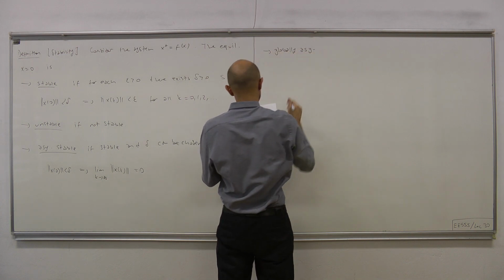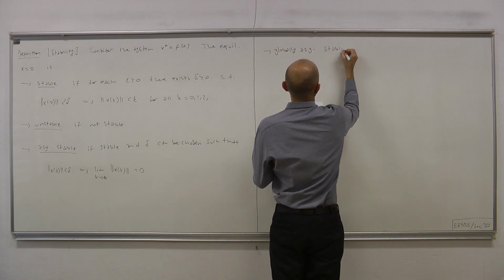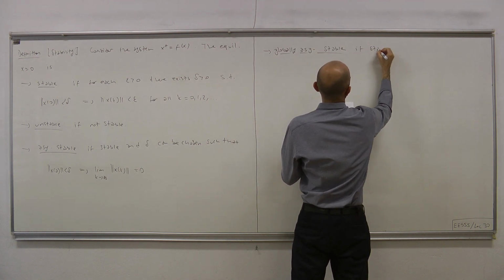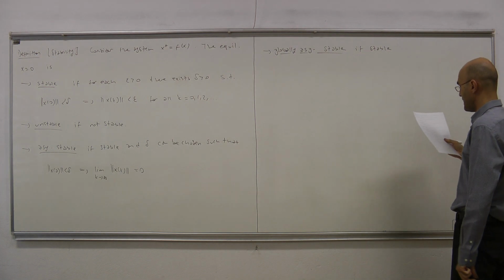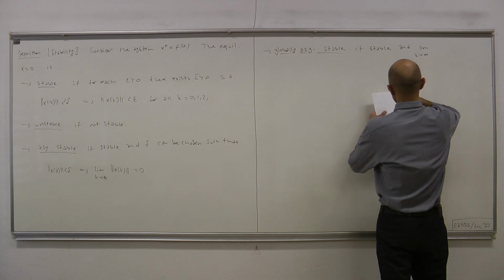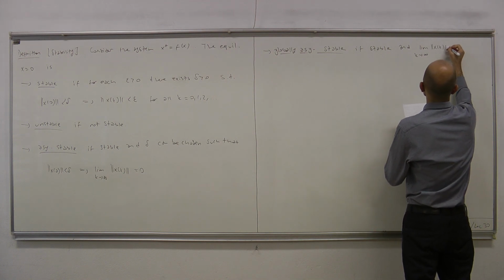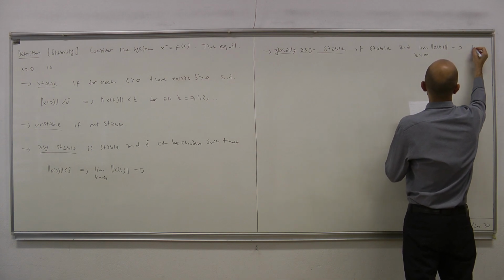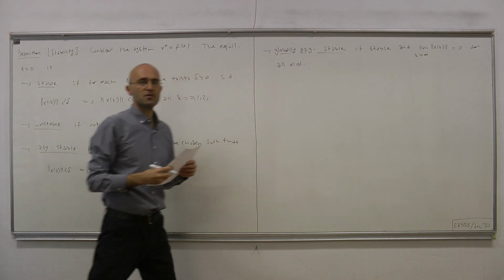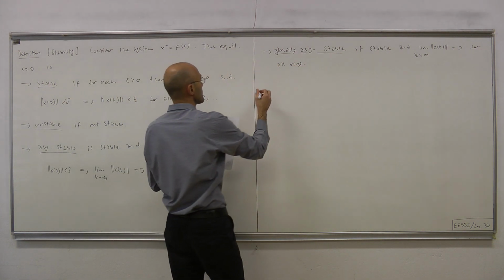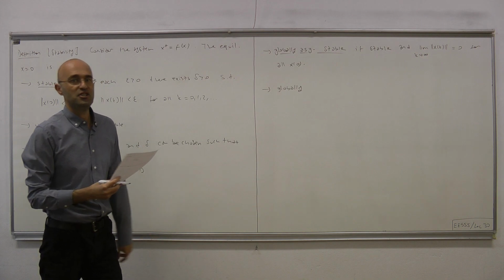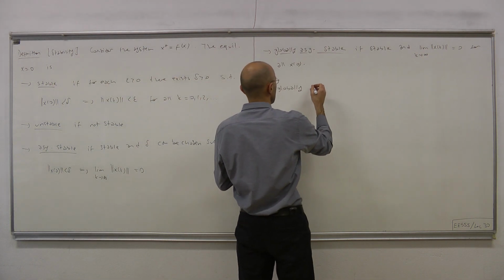Globally, asymptotically stable if the origin is stable and the convergence holds for all initial conditions, or all initial conditions. And finally, we have GES, okay, GES, globally, exponentially stable case if